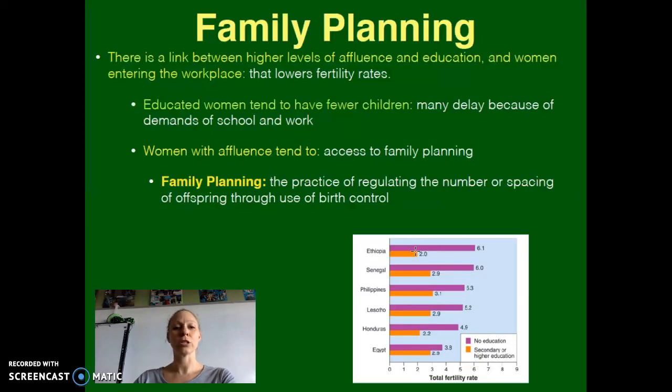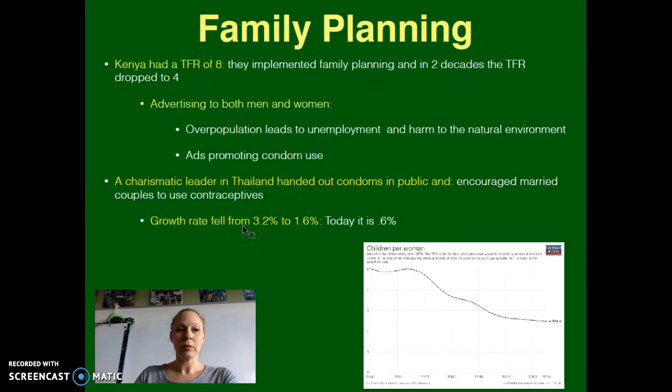to population control. And so we call this family planning, and family planning is the practice of regulating the number of offspring that you have, or the space in time that you have between offspring. So are you going to have 1 kid and then wait 3 years and then have another kid, or are you going to have boom, boom, boom, kid, all 3 years in a row? And so you have that control when you have the availability of contraceptives and health care.